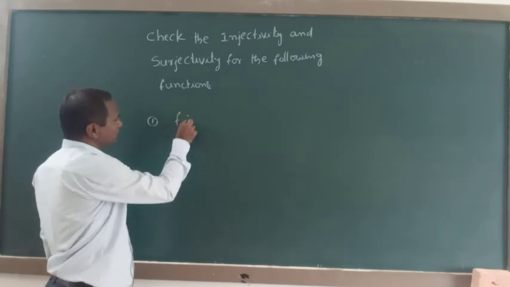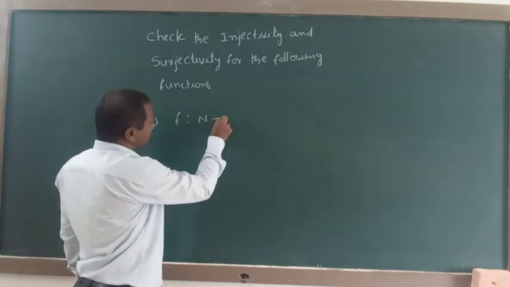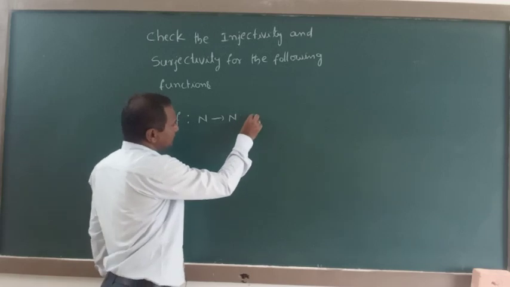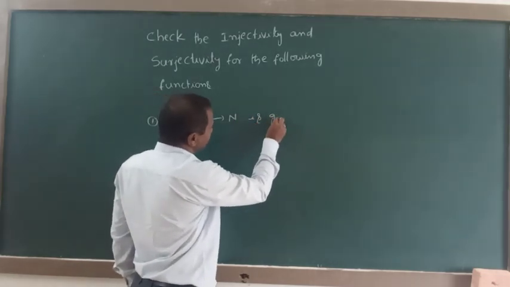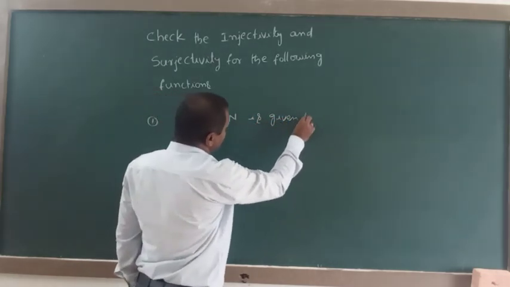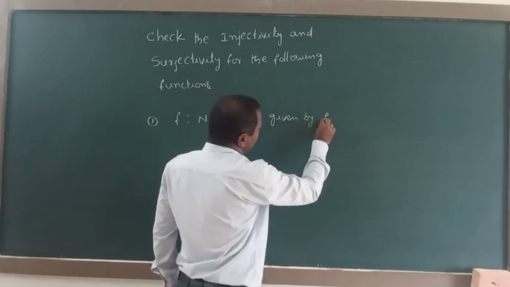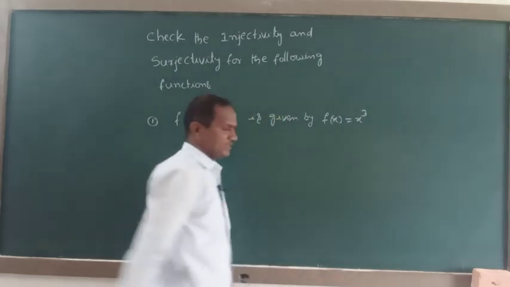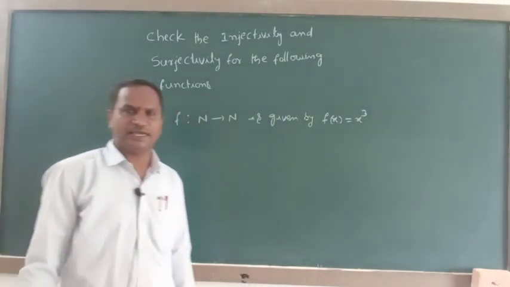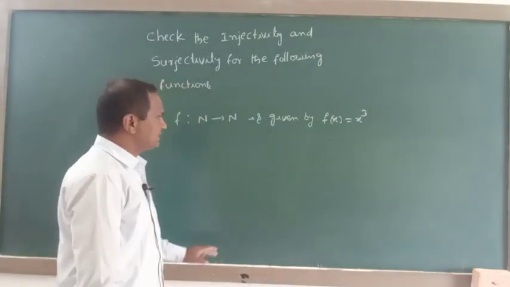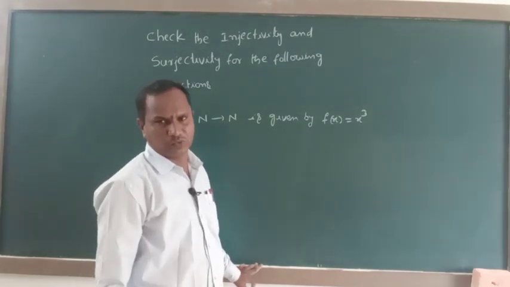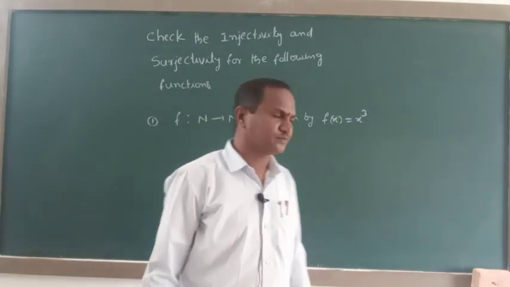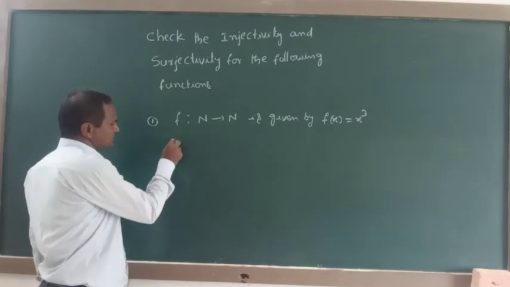F maps from N to N is given by f of x equals x cube. So is this function one-one or onto? How to check this? Solution for this question is,